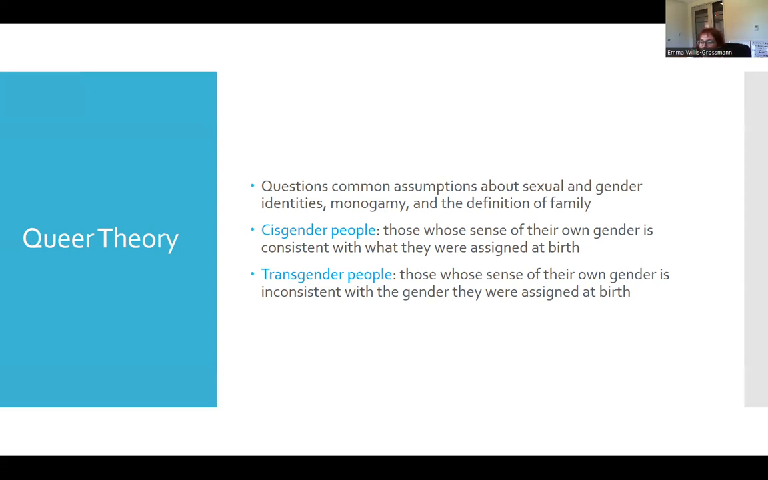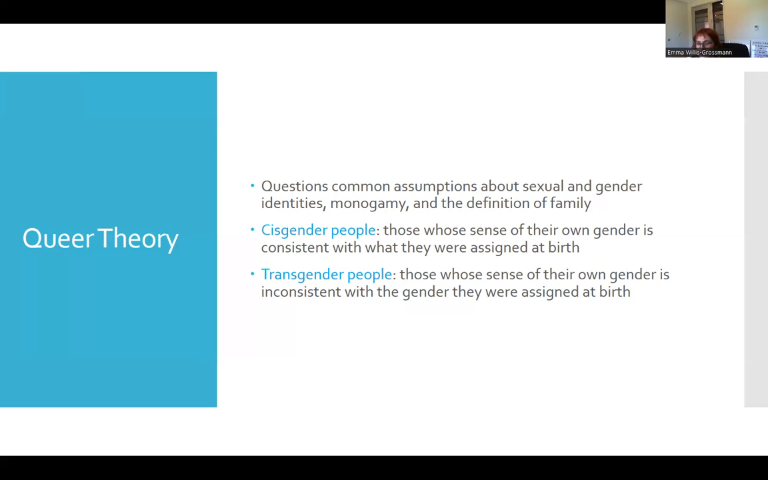When we look at the male and female dichotomy, queer theorists tend to distinguish this dichotomy as cisgendered and transgendered, which allows for more flexibility on the gender spectrum. So cisgendered people are those whose own sense of gender is consistent with what they were assigned at birth. So, for example, if someone is assigned male at birth and they identify as male as they grow up,